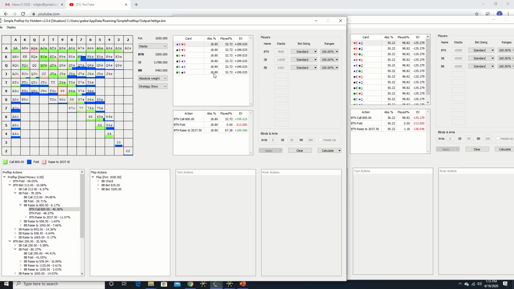Linus calls, and interestingly, the solver is doing quite a bit of four-betting with pocket nines in the 40 big blind sim. In fact, most pocket pairs between sevens and queens are four-betting, whereas kings and aces are simply flatting virtually 100% of the time.